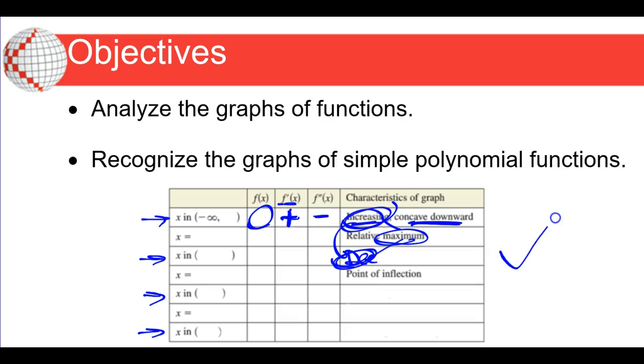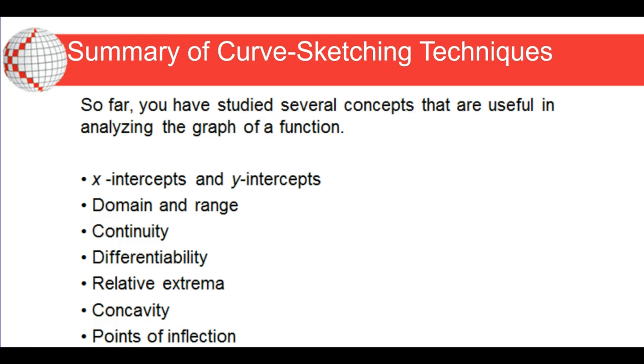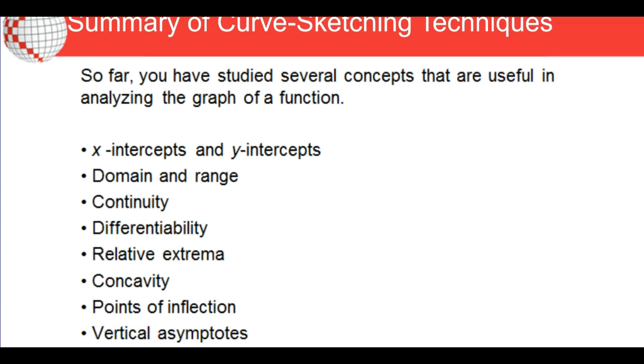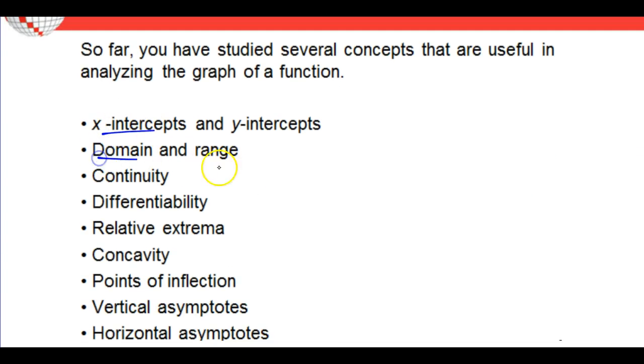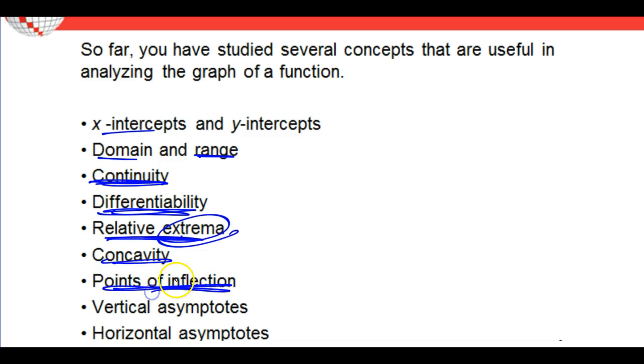So we're going to learn how to fill out this chart and answer all of these questions about x-intercepts, domain is the left and right, range is bottom to top, whether there's any holes or discontinuity, if it's differentiable, relatives, maxes and mins, concavity up and down, inflection points, of course the second derivative, setting the denominator equal to 0 for vertical asymptotes, and then horizontal asymptotes. Horizontal asymptotes I talked a little bit about